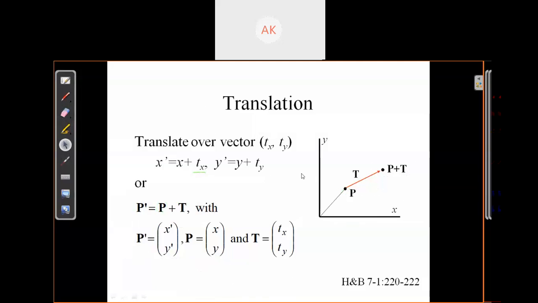When we do any kind of translation, it happens in a straight line. Here, as you can see, we translated our object from this point to this point in a straight line. In this graph, we have translated a point from one position to another position. Suppose we want to translate a polygon. Suppose this is our polygon, and we want to translate it from this position to this position. It will again happen in a straight line.